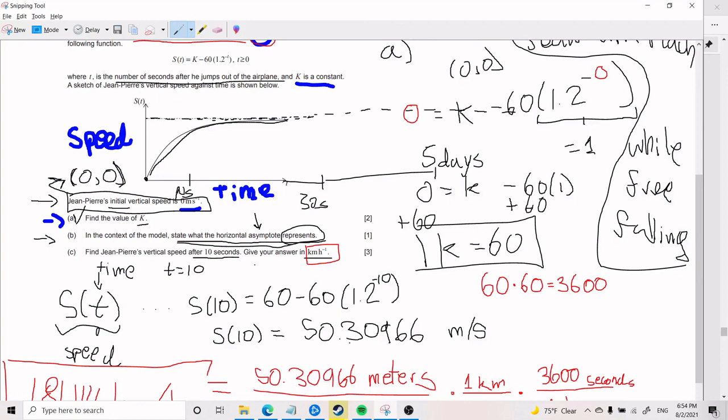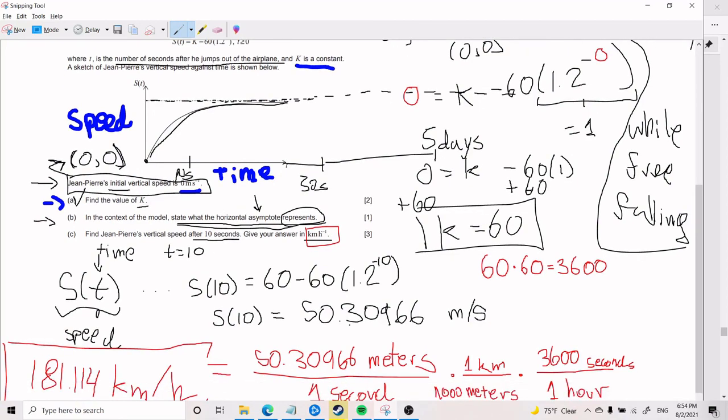And for part C, the way that I noticed that there was something tricky with the kilometers per hour is that it was worth 3 points. I felt like it was too much, and there had to be something additional to the problem, right? And so it's always good to look at the amount of points that you need for each problem to see if maybe you're missing something or should be putting more or you're missing units, etc. So that is how you solve this problem, and I hope it